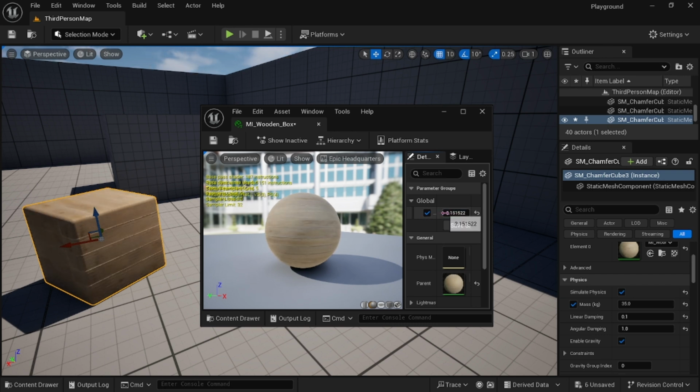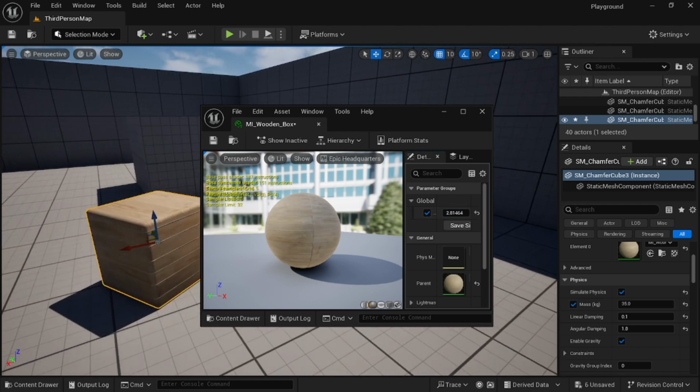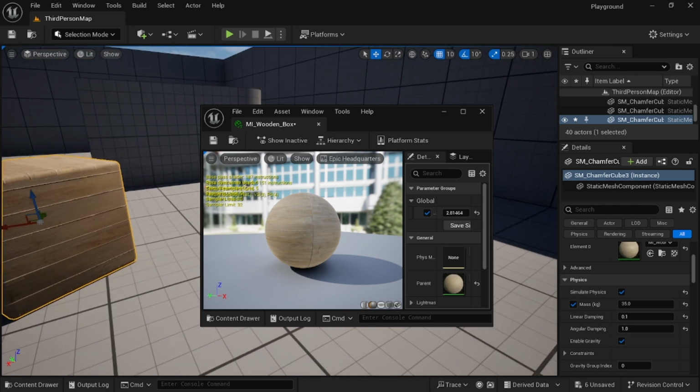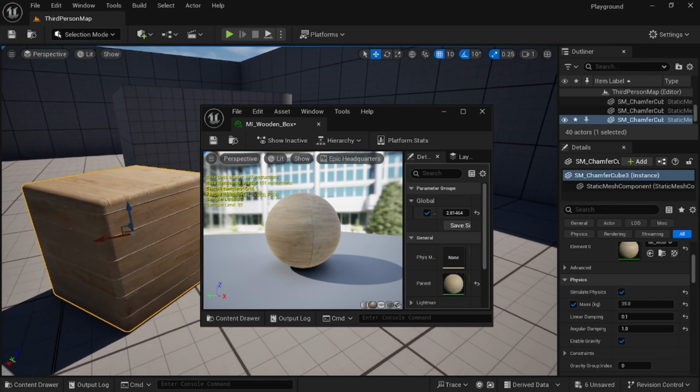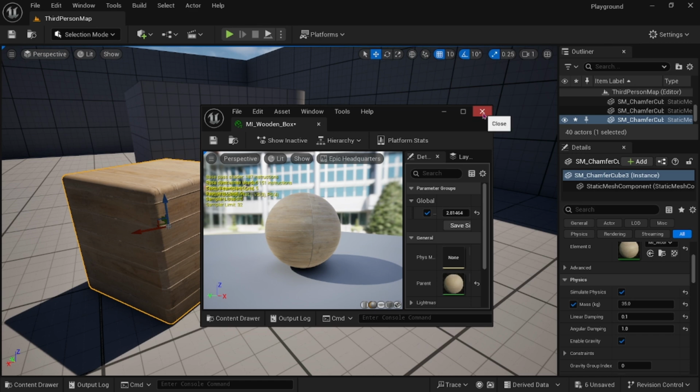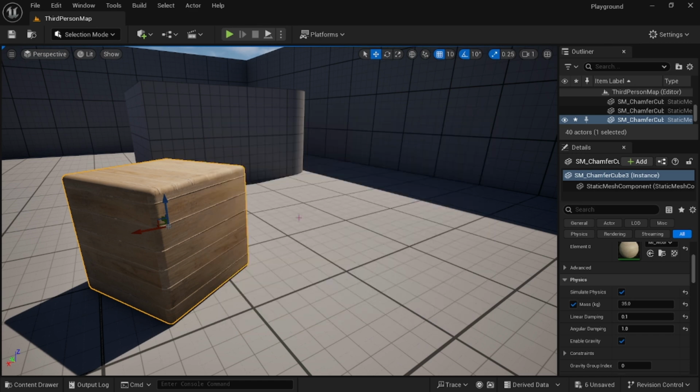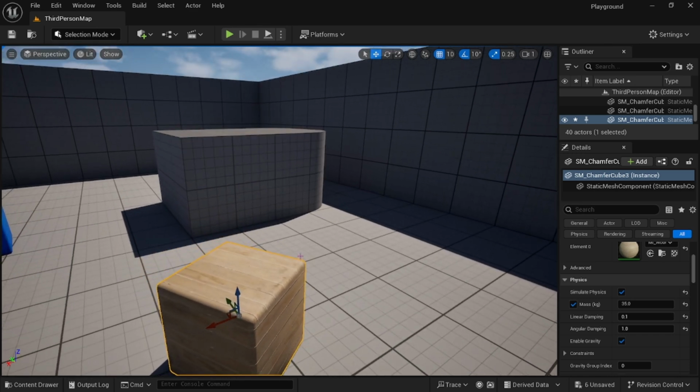look the way we want it to look. So maybe like that would be good. Let's just zoom in, and yeah, I think that probably looks good. So we're going to make it look like that. And that is it. That is how you make a material and a material instance on Unreal Engine and apply